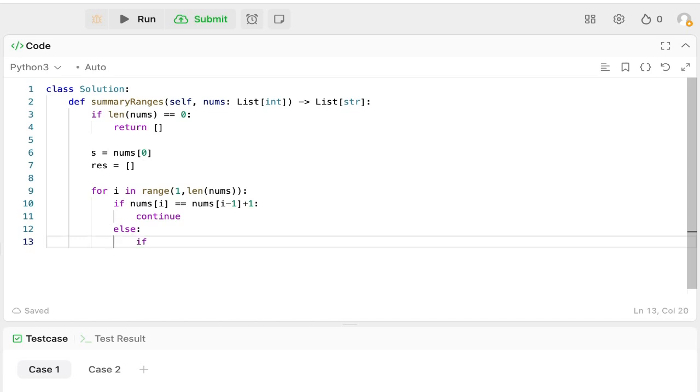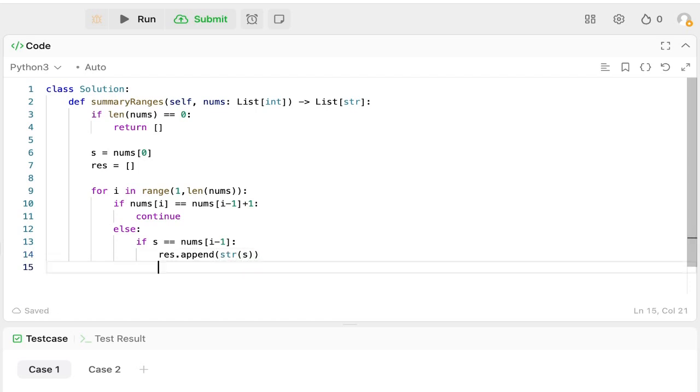If s equals nums of i minus 1, then result dot append of s, but we are converting that to a string, str. If s is not equal to the previous element, then we will append the range, else